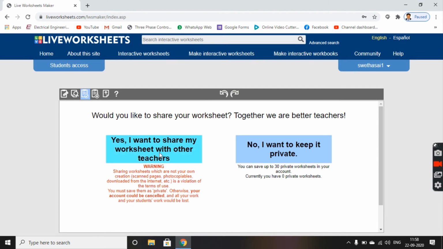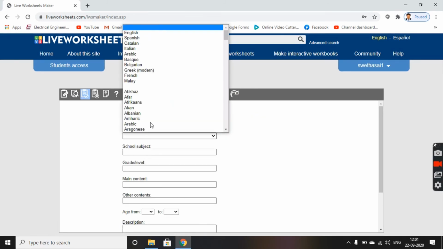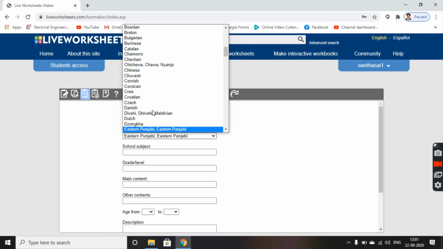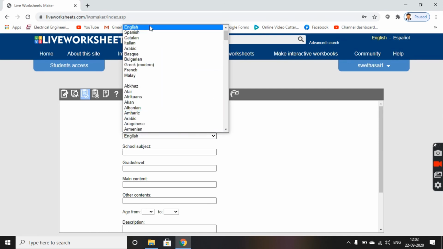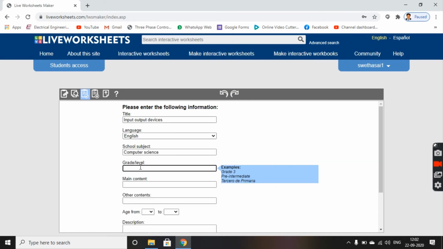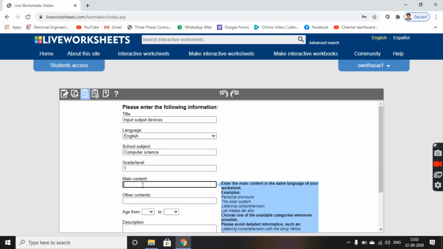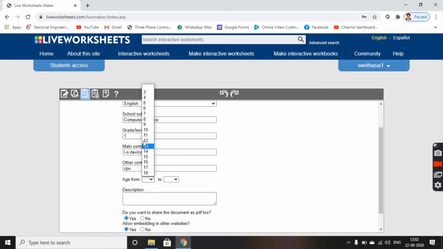So you can choose share my worksheet, like give it as input output devices as a title, and then the language as English, and next you have the school subject as computer science, and grade as 1, and main content as again IO devices,